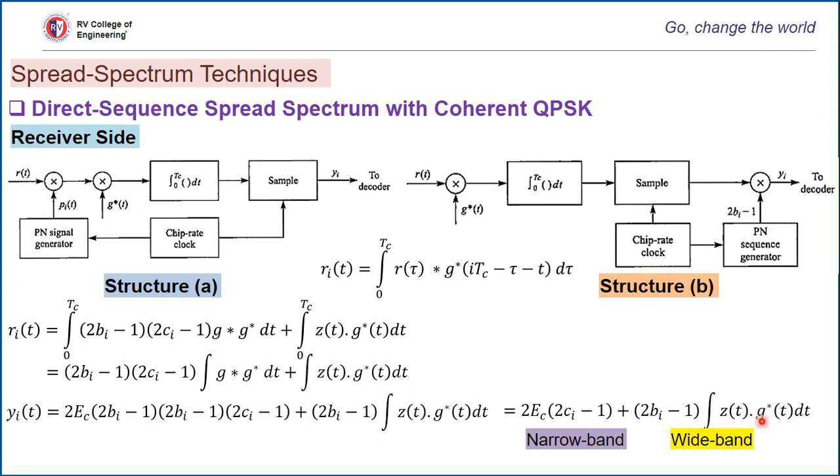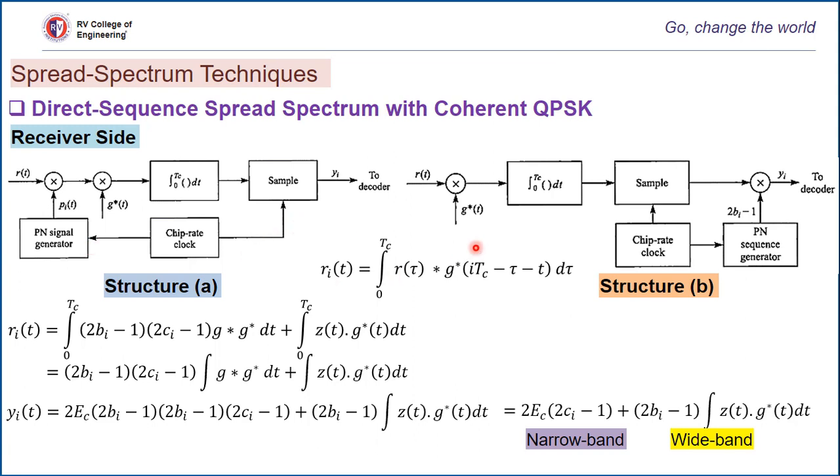Now most of the wideband jammer or the wideband interference noise is cut off. That's how we can implement the receiver side to get back the narrowband information signal. The only thing is that if Z of t is not a Gaussian random process, the demodulation methods with either structure A or structure B will no longer be optimum. Nevertheless, we may still use any of these three demodulator structures, including the previous one, in general, to demodulate the received signal.